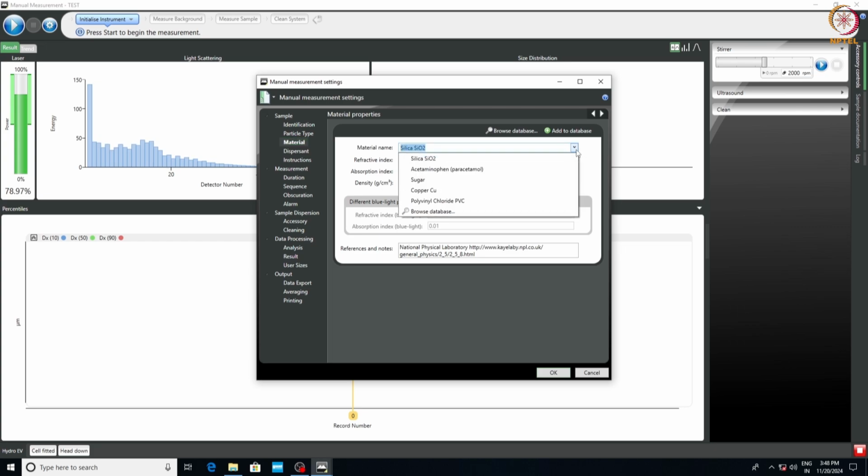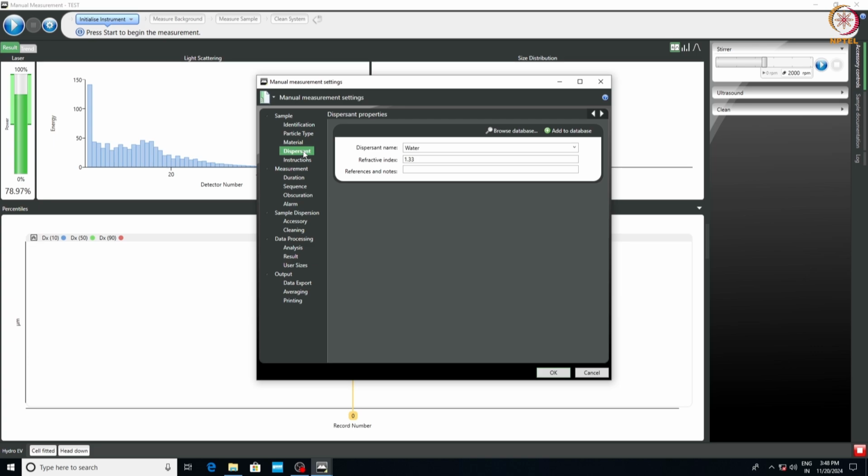From material, you can find it from the database, or you can input the refractive index and absorption index of your material. Next is dispersant. Again, you can write the value of the refractive index on your own if the dispersant is any non-conventional fluid, or you can take it from the database.